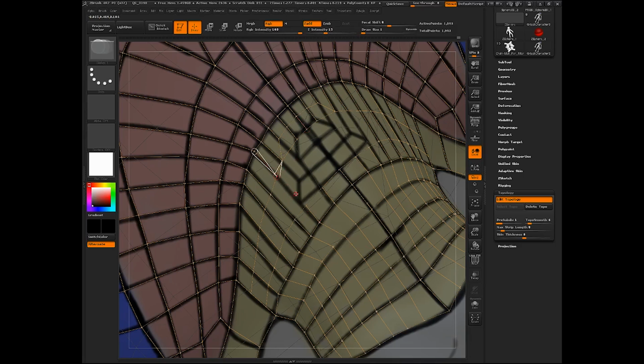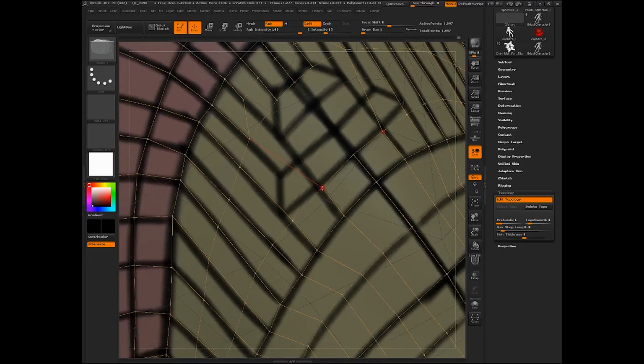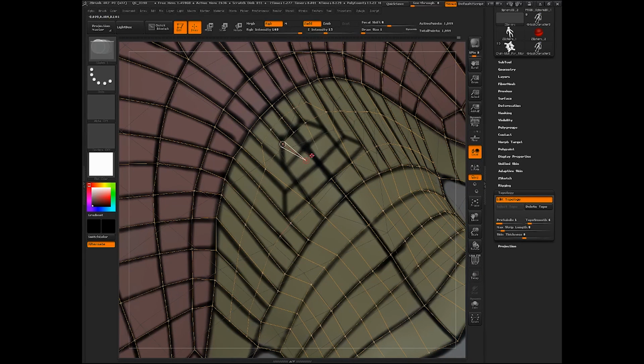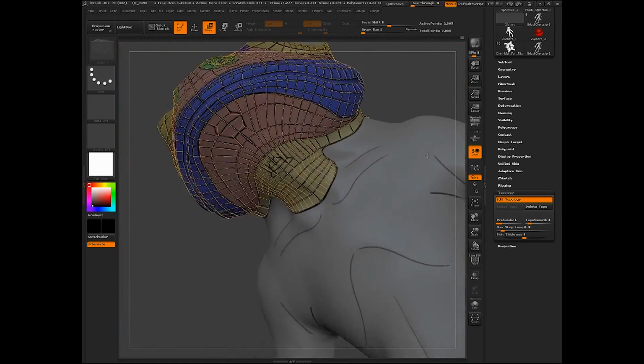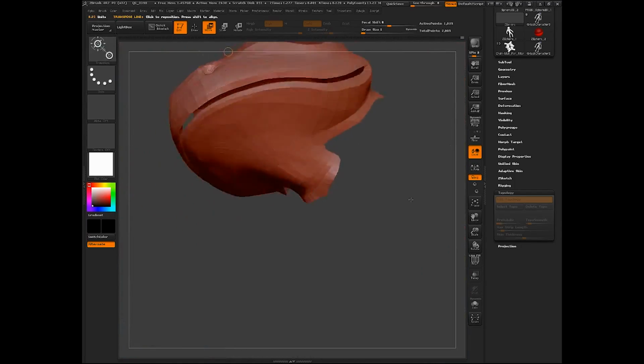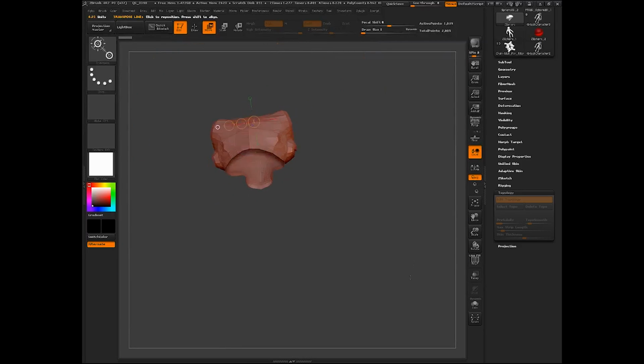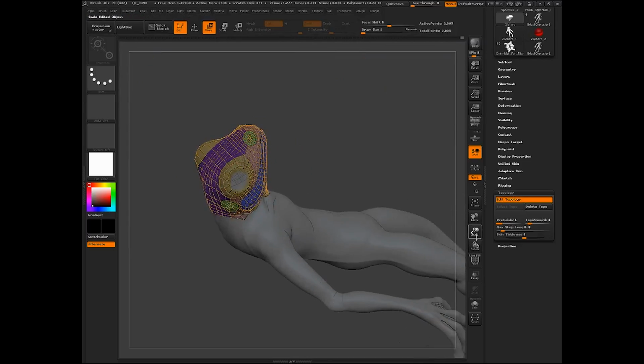All right. Move this around. I think we're going to be able to deal with this a little better. That looks a little better. Not quite as messy as it was. Hold down A to check it out. It's looking pretty good. So let's go ahead and finish up inside the eyes.